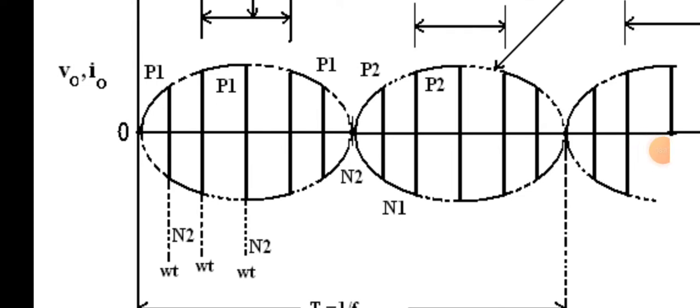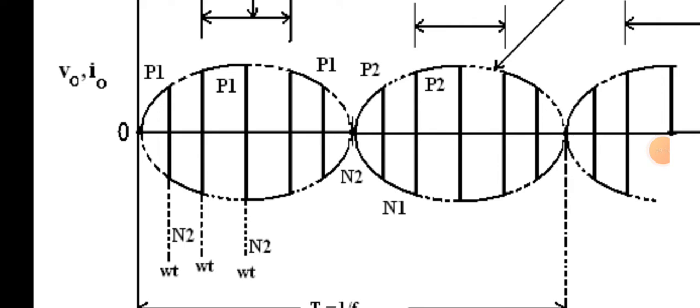And also, after omega t is equal to pi, terminal small b is positive with respect to terminal A. Both thyristors P2 and N1 are forward biased from omega t is equal to pi to 2 pi. At omega t is equal to pi, the thyristor N2 is forced commutated and forward biased thyristor P2 is turned